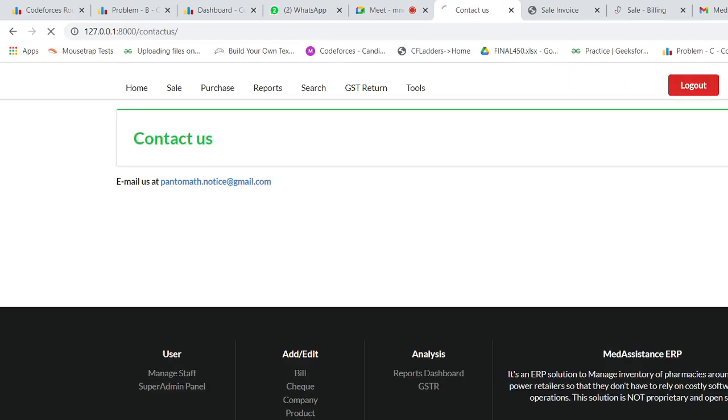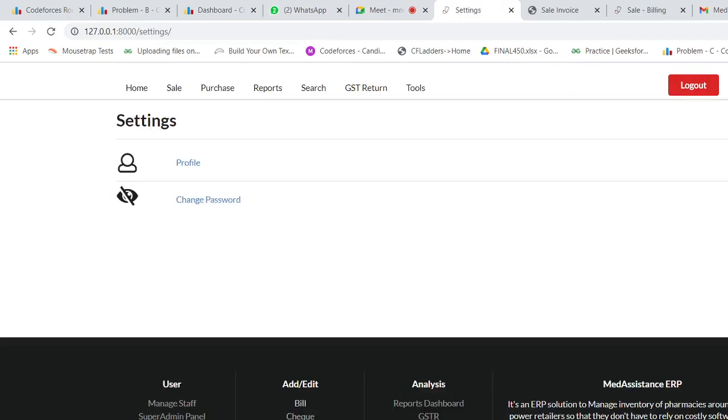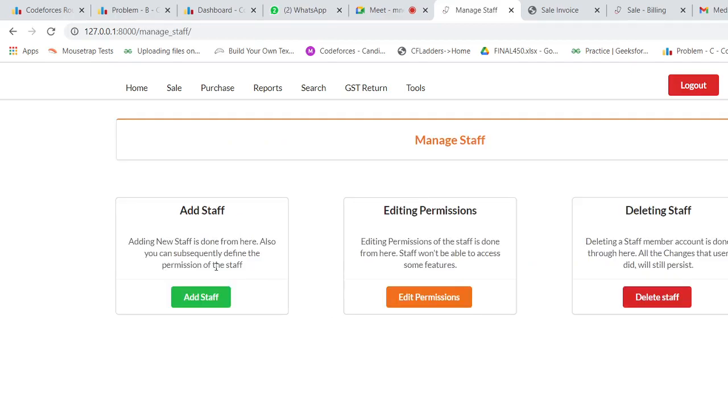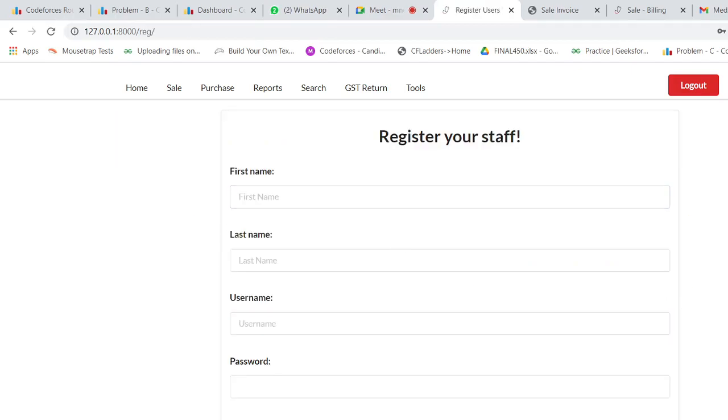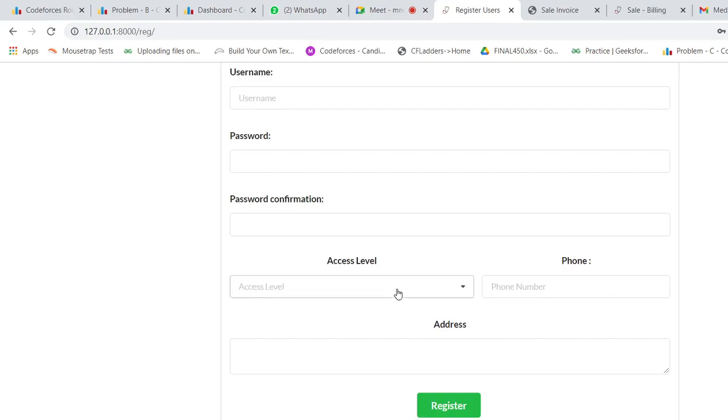So this is all, and also we have the manage staff module, where you can add staff through this form. We can give access levels to them, like basic, intermediate, admin. Basic can only access the billing module.